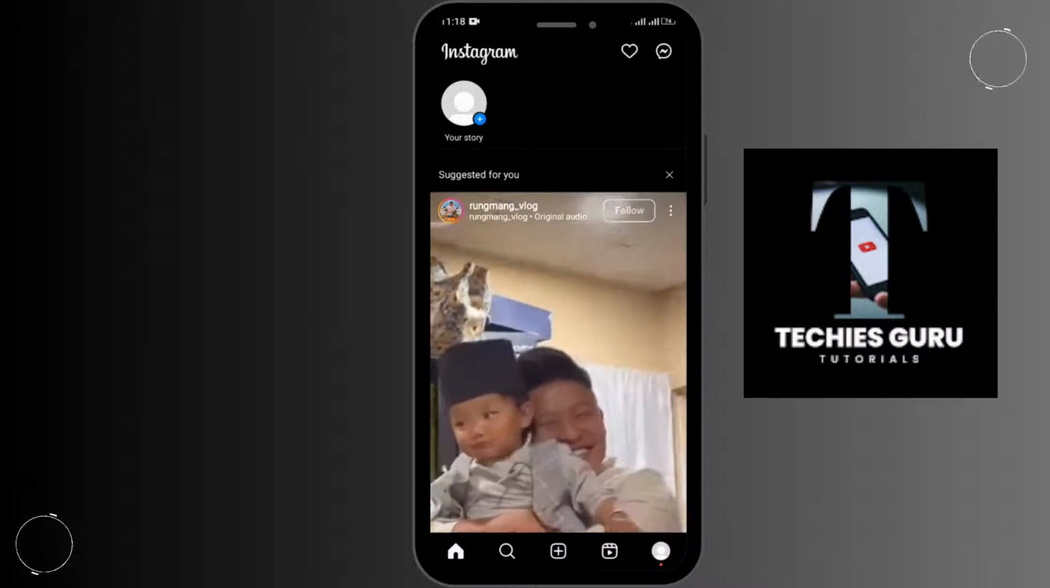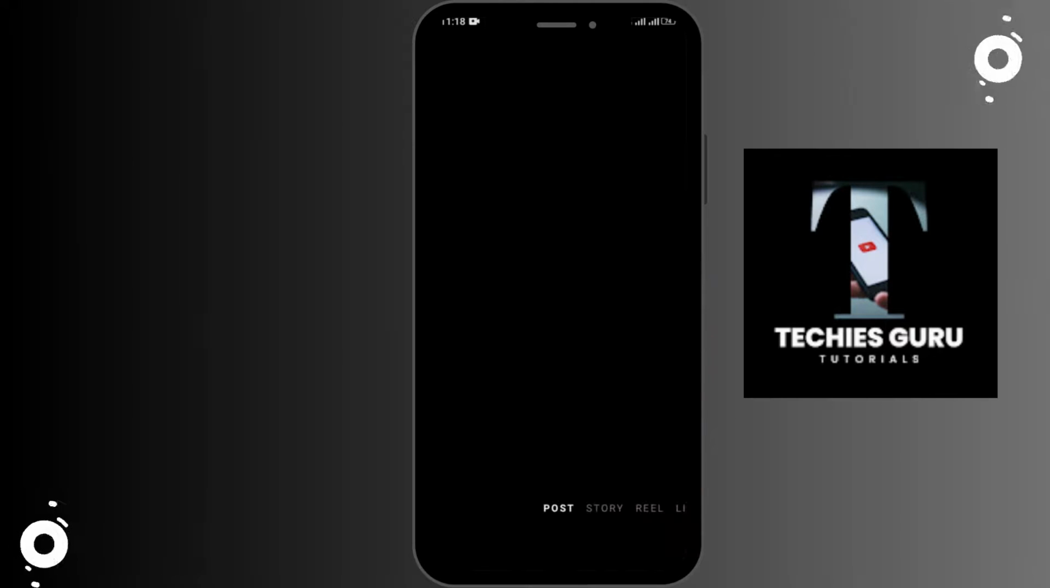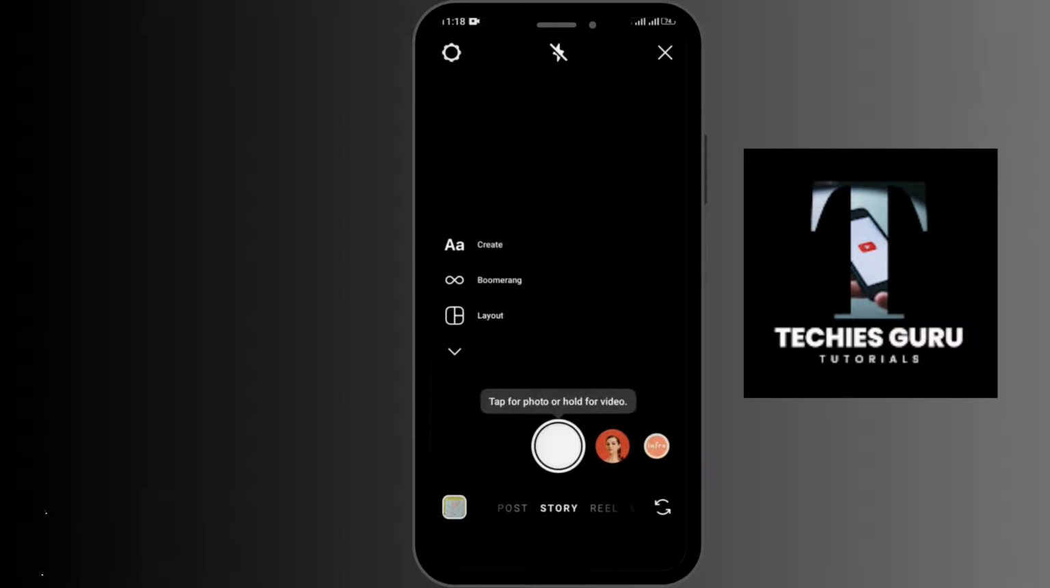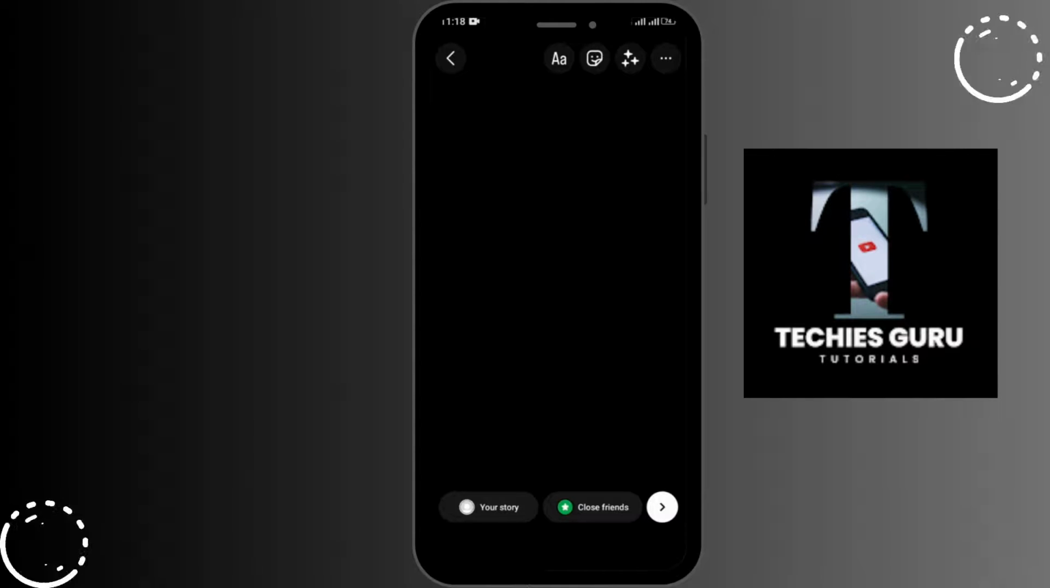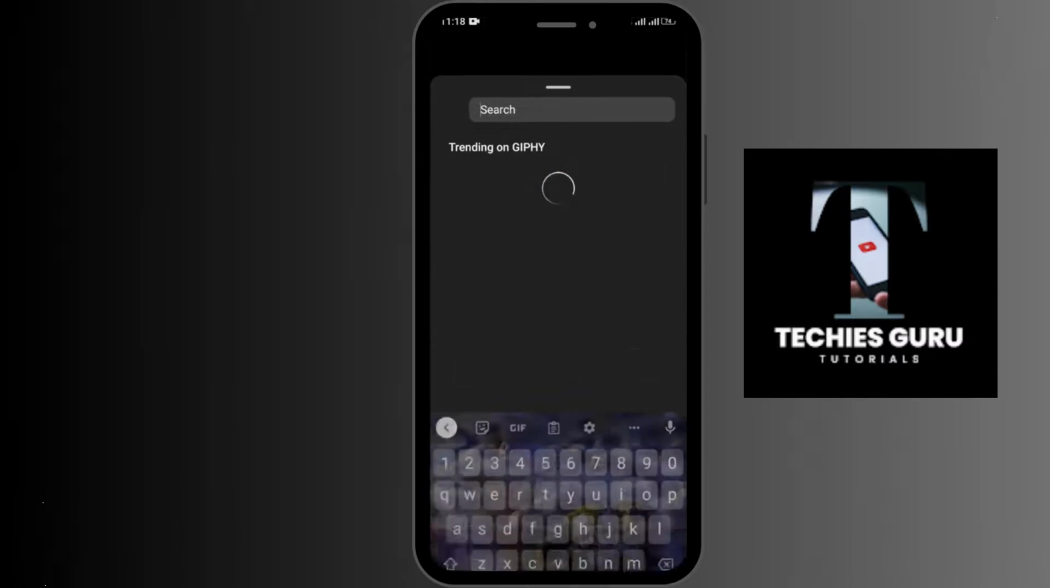And the next way is you can tap on your story option which is in the left upper corner, and from here you can select any photo, and here you have to tap on the sticker icon which is in the upper portion. So you can tap and search for link option,